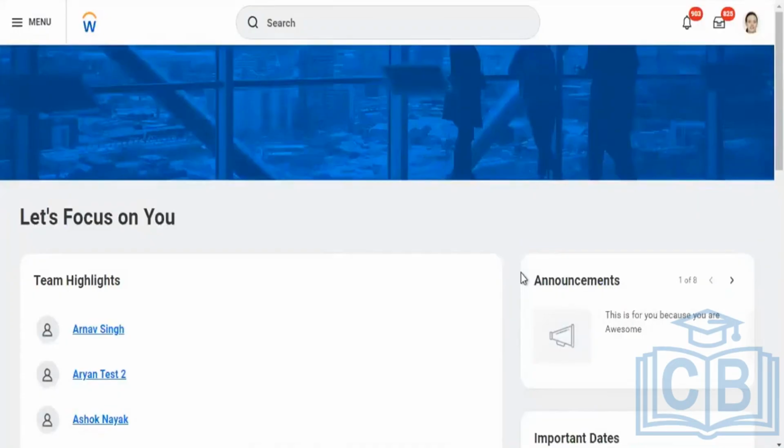Once you're able to create an instructor, you should have access to manage some calendar events. Some calendar events you can create and assign an employee to that particular course. You can do that. And the other thing is one more use case.